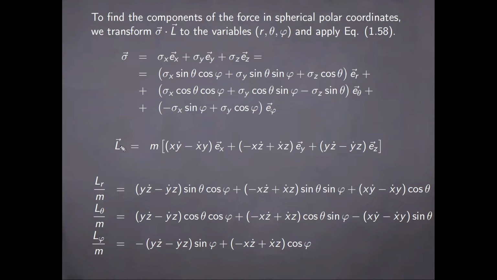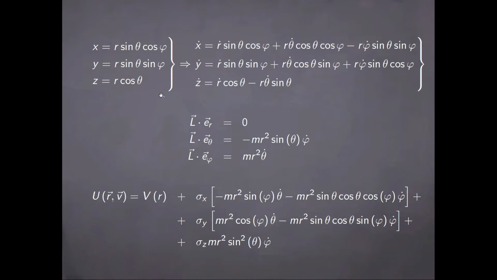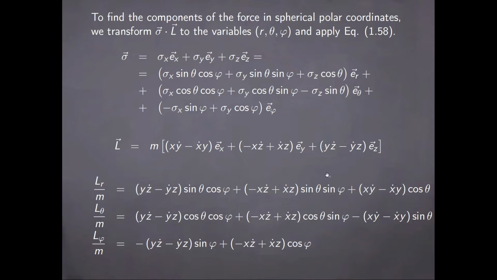And then I wrote the angular momentum initially in Cartesian coordinates. And if you once again apply the transformations, you can find the spherical components of this vector divided by m to have the expressions here, where for the moment I did not write these terms explicitly in spherical coordinates. To do that, we write the x, y, and z coordinates in terms of the spherical ones. We take the derivatives with respect to time, and if we then bring these expressions in the formulas here, we